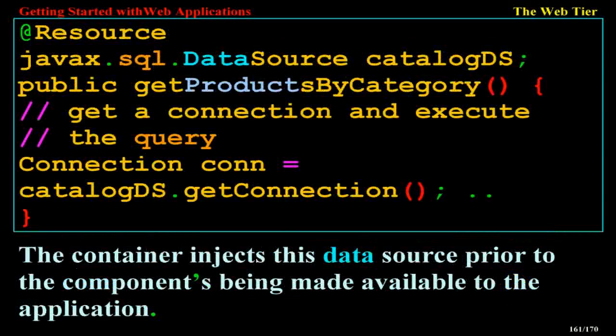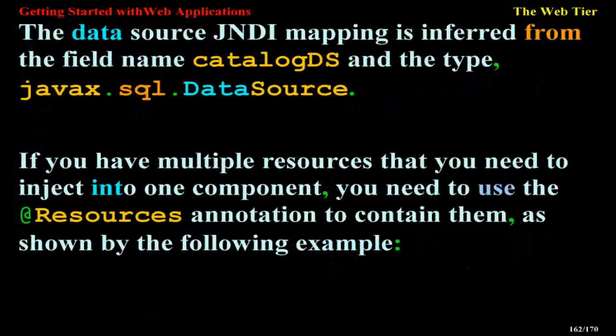@Resource javax.sql.DataSource catalogDS; public getProductsByCategory() { // get a connection and execute the query Connection con = catalogDS.getConnection(); ... } The container injects this data source prior to the component being made available to the application. The data source JNDI mapping is inferred from the field name catalogDS and the type